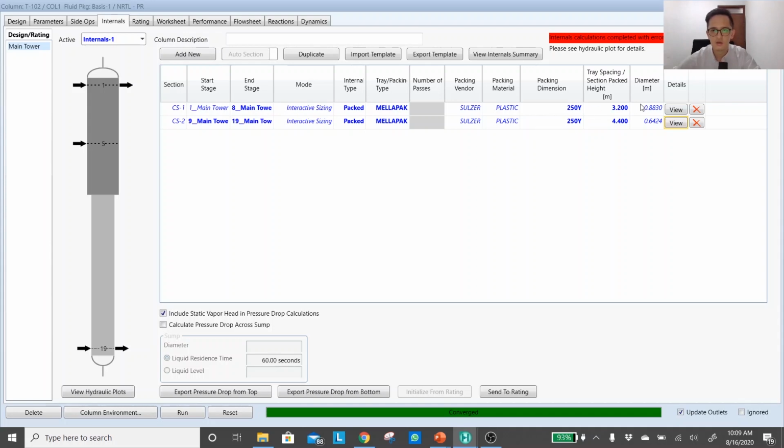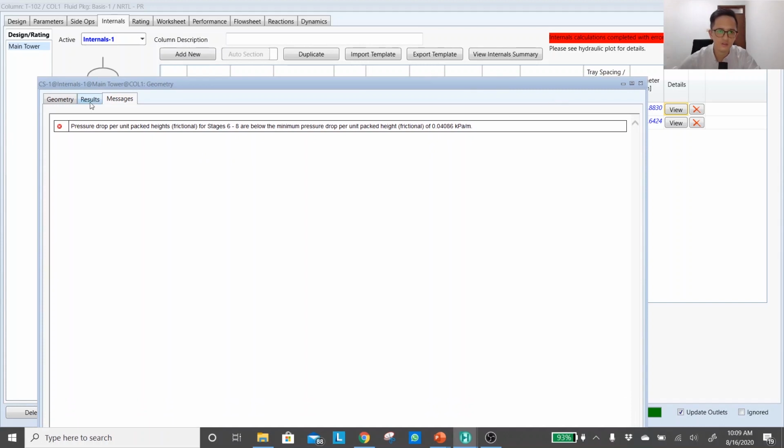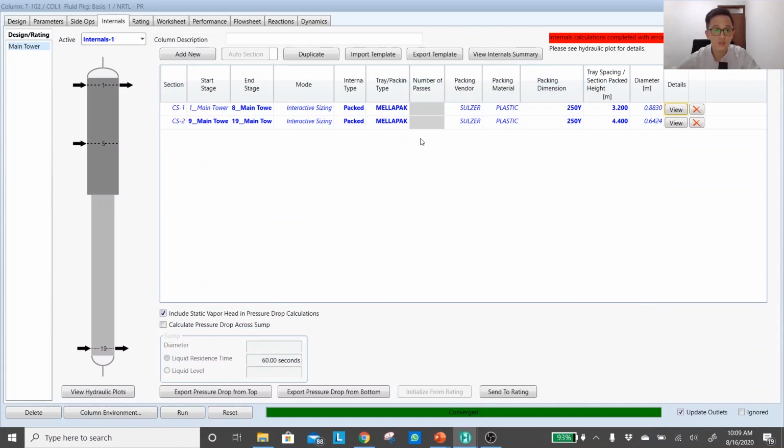That means, okay, pressure drop per stage is below the minimum pressure drop for the packing height. That gives us some error. So you probably notice that there is a lot of room for optimization in the hydraulic evaluation. Luckily we can do that very easily using HYSYS. Within minutes or at least hours we can optimize this, instead of using hand calculation, which will require a lot of time. Okay, so for now I will change it back to my previous setting.